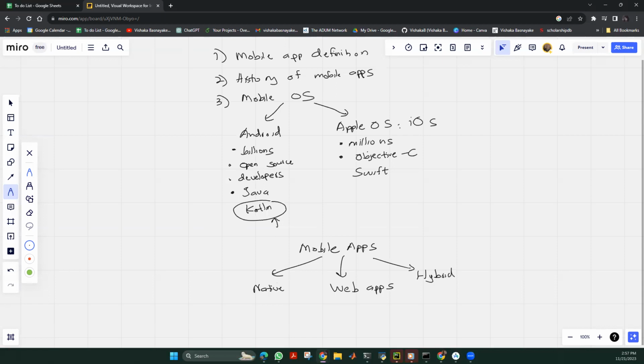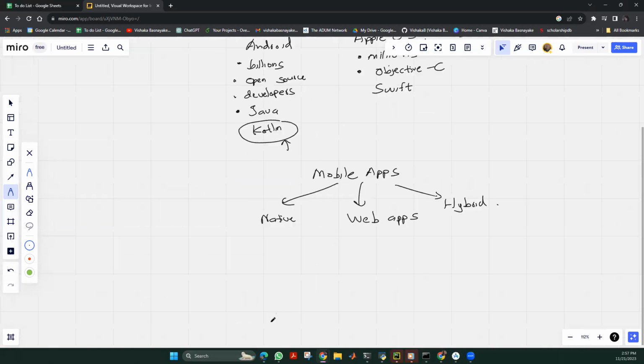So what do we mean by native apps? Native apps are apps that are device specific, or else apps that use device specific technologies. So the apps that use device specific technologies are known as native apps. So native apps are used